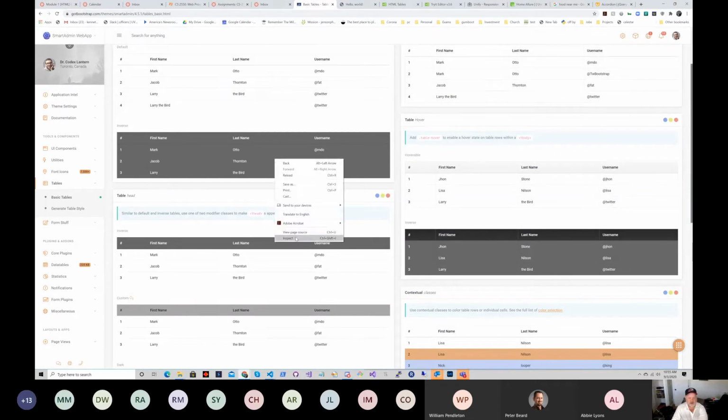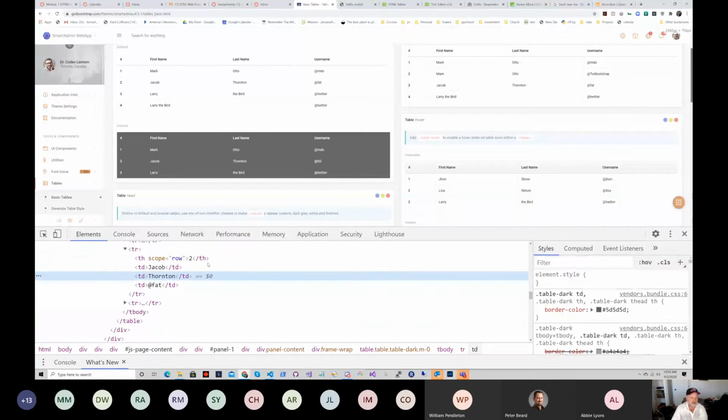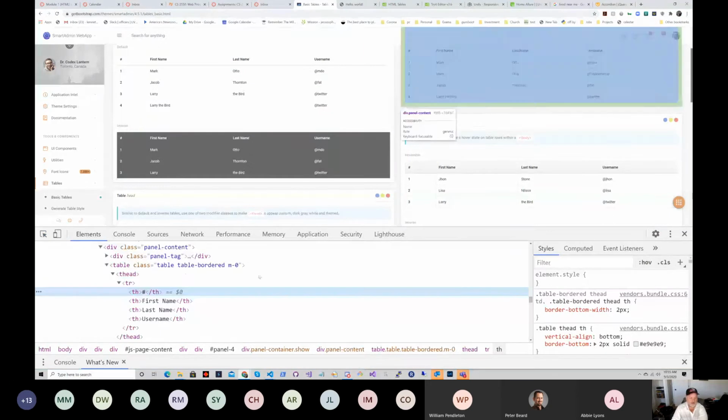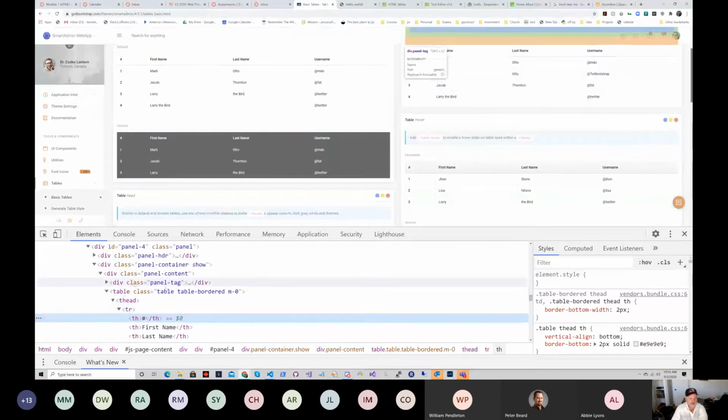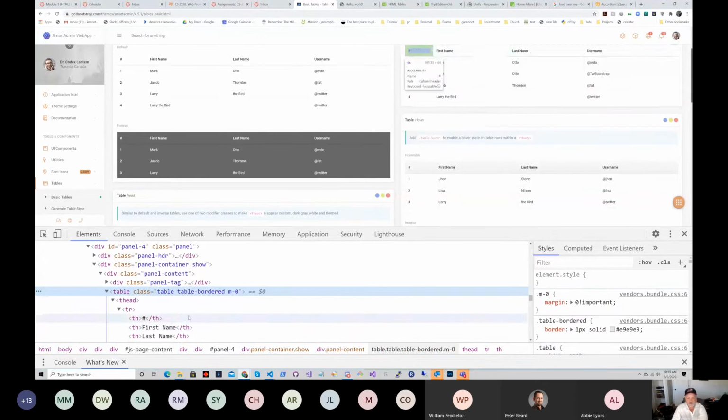How do you copy the code? Well, I can look at the page source if I want, and I can go, let's see here. I want to know how this table's configured, right? And then I can just go look, table border. Oh, it's got the table border class. I'm going to copy this code and I'm going to use it, right? So there's